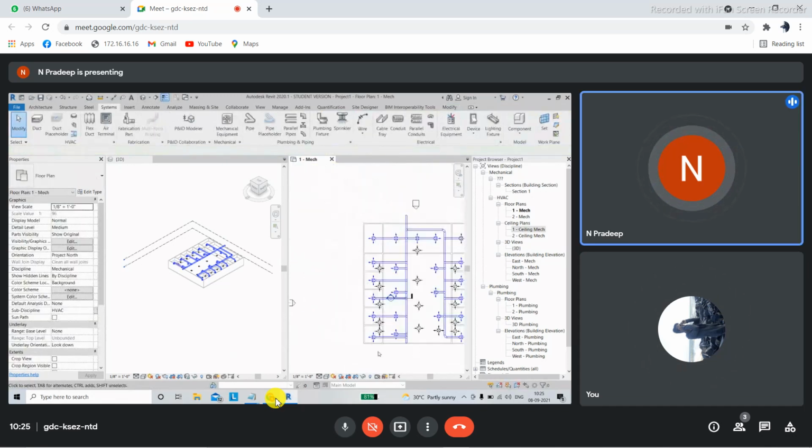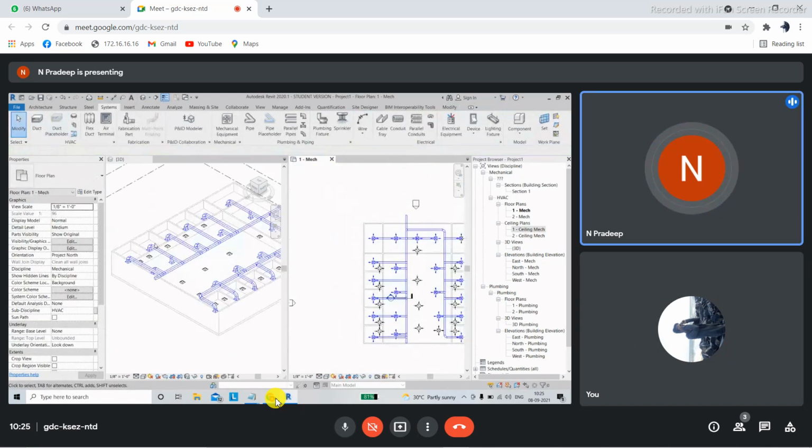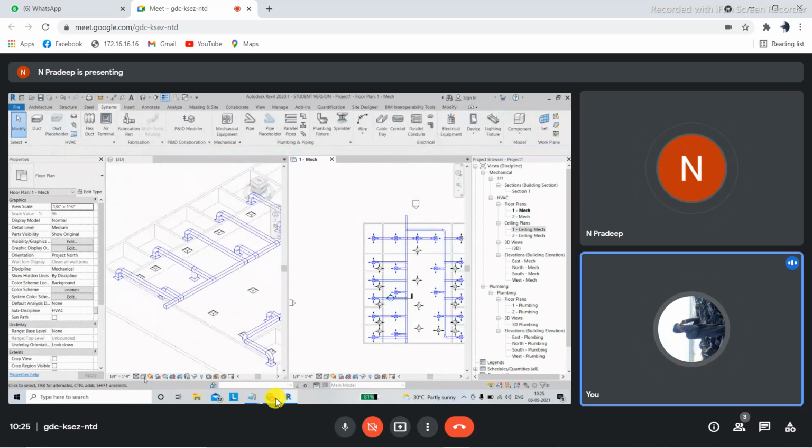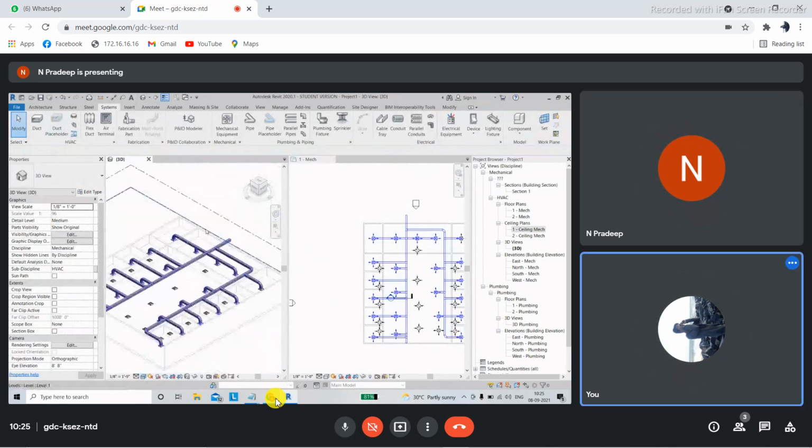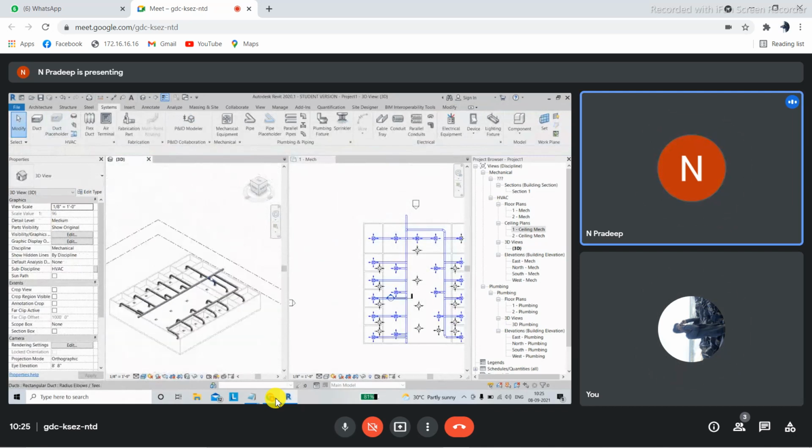Okay. So I have routed all the supply ducts. You can see how they will be routed like this. Here, all the ducts have been routed on top of the ceiling. Yes, sir. Next, what you are going to do is we are going to